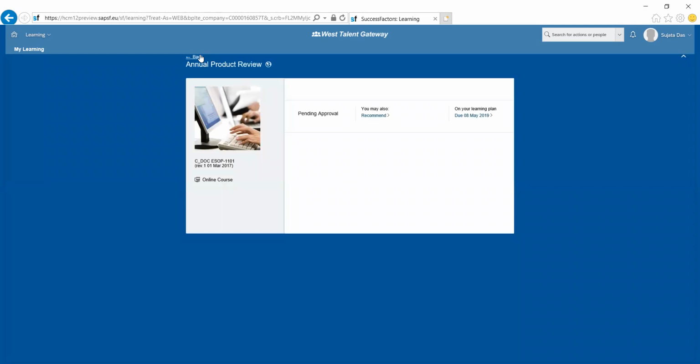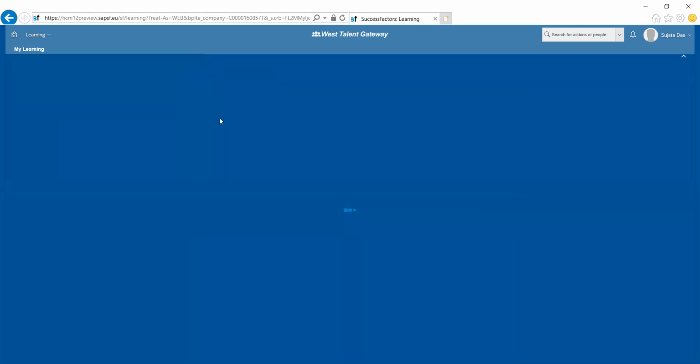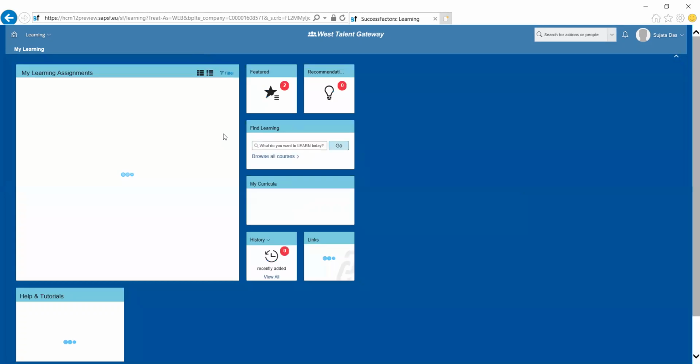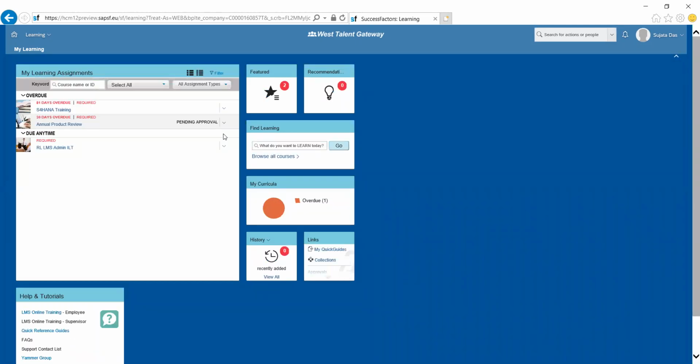Similarly, I can go to a particular item which has two-step approval. So what I will suggest is that you assign this item, which has two levels of approval, to that user. The user is S das here. You can go to that user and see how it appears there. I'll just go to browse all courses from here.